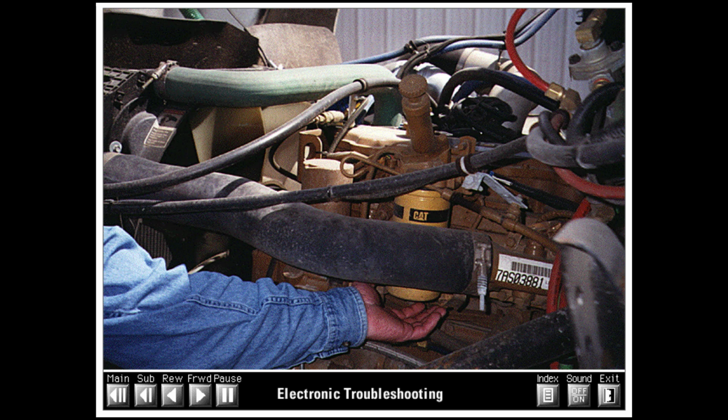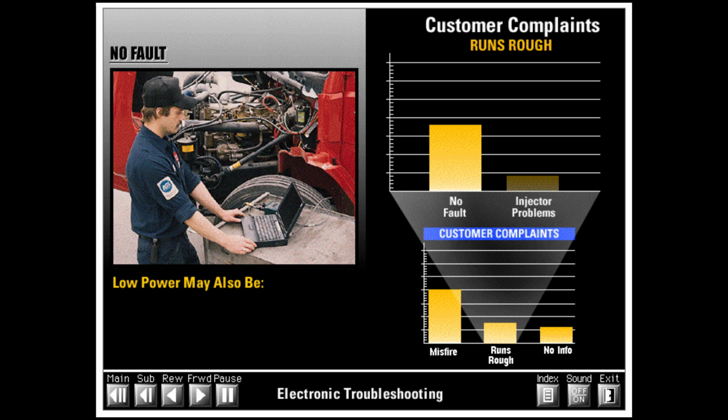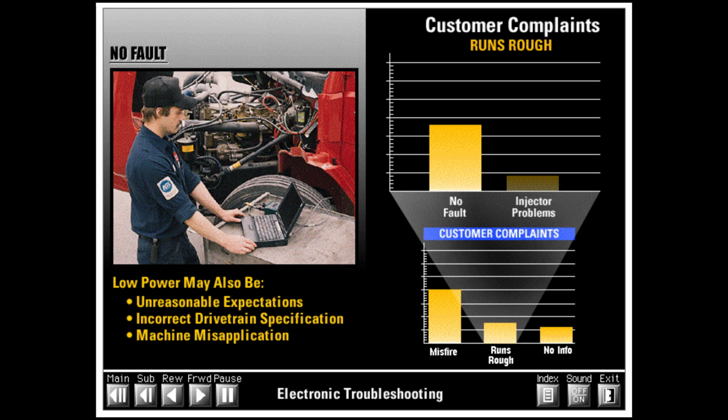If you cannot pinpoint the cause of low power or rough running, check fuel pressure. The most common cause of poor performance is a plugged fuel filter. If this is not the cause, a PAR dyno test is recommended for on-highway trucks. It is also important to note whether the complaint is recent or whether it has existed since the engine was new. Performance complaints on new engines are often the result of unreasonable performance expectations, incorrect truck drivetrain specification, or machine